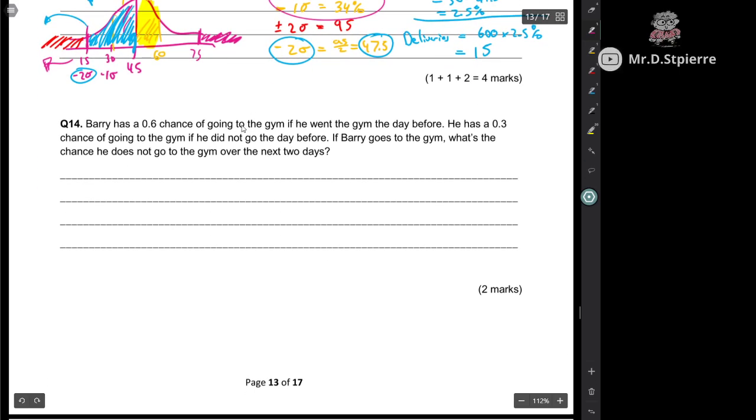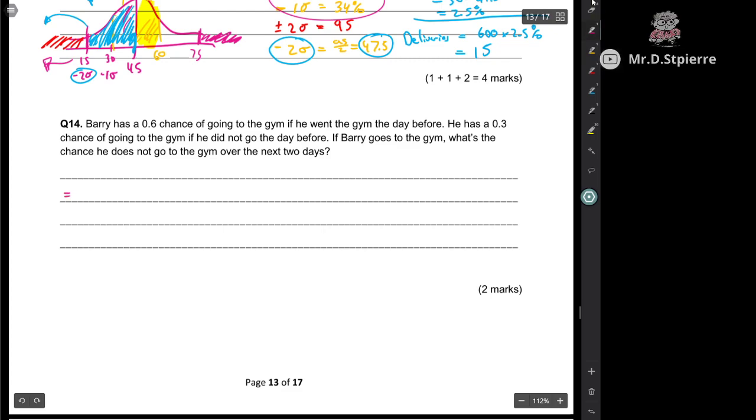Question 14. Barry has a 0.6 chance of going to the gym if he went to the gym the day before. He has a 0.03 chance of going to the gym if he did not go the day before. If Barry goes to the gym, what is the chance he does not go to the gym over the next 2 days? Okay, so the way I'd suggest going about this is you could write it out in an equation,